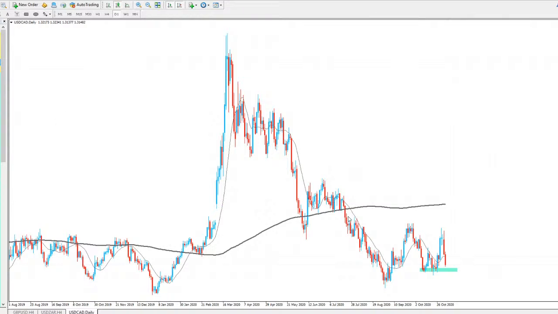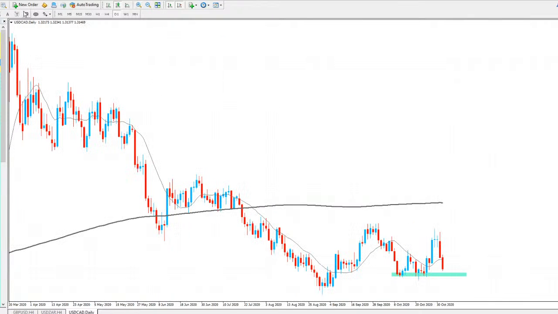As you can see, if you use the CAD, we're definitely at the lows of the market here. A big uptrend where you do expect to see some counter trend moves. Whether we already had it and price is ready to carry on back to the downside, we don't know.